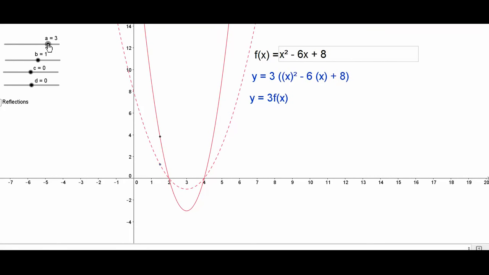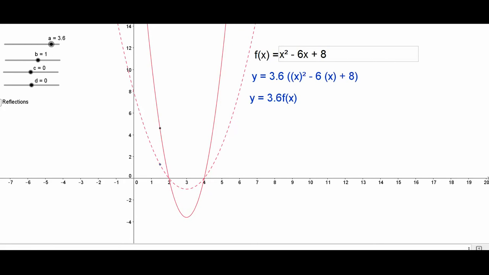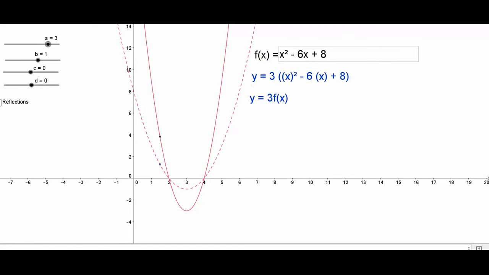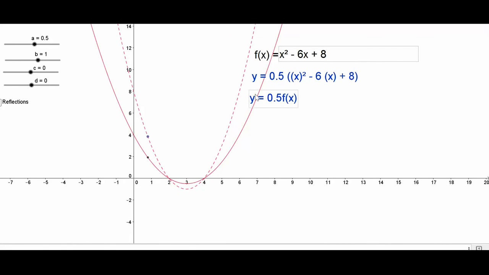3 times gives you this function, and we have 3 times the function. If we have the transformation y equals 0.5 f of x, a half f of x, then we have squashed or compressed the curve, and each point is half as far from the